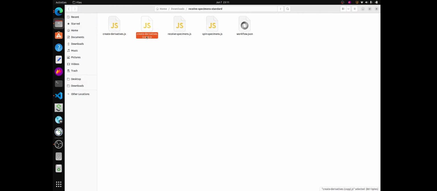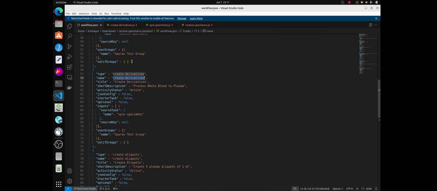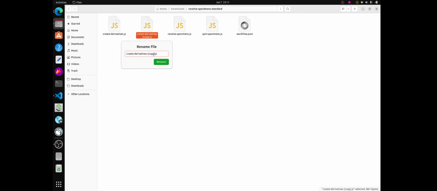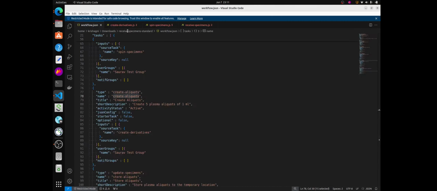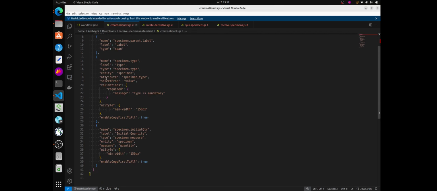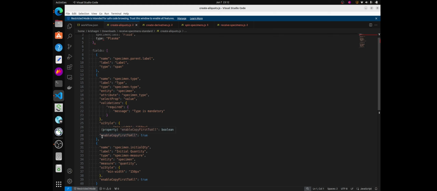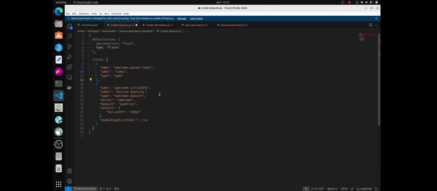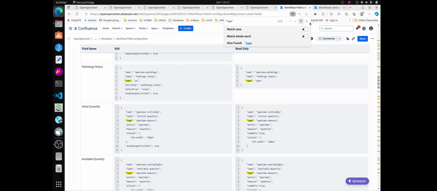Let's take a copy of it and create an aliquot task. I'll copy this. I will do JS and the aliquot task JS file is done. Yeah, I will open this. I again need the parent label. I don't need the type because the type will be the same as its parent for the aliquot, but I need to provide the quantity per aliquot and the count, so that I have to copy from